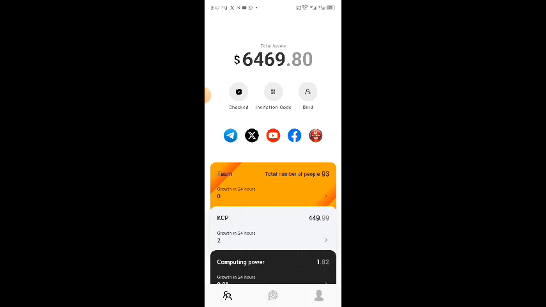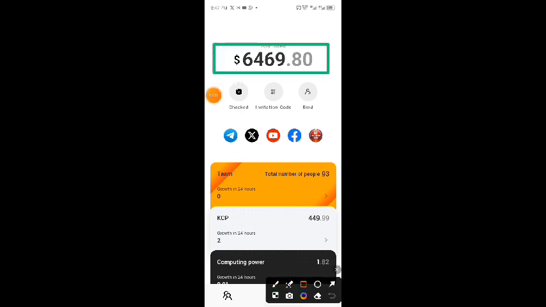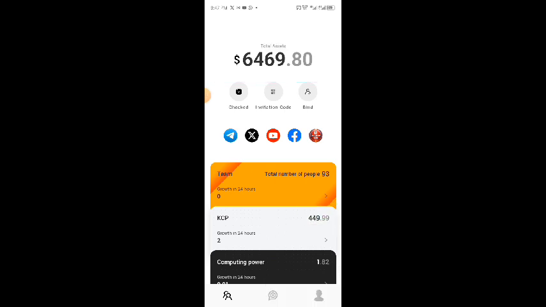That is about 449.99 KCP token. And I have not shown you how you are going to be unlocking this money you are seeing up here. But right now I am going to take you step by step on how to start unlocking it gradually. Now the first step you need to do is to go to